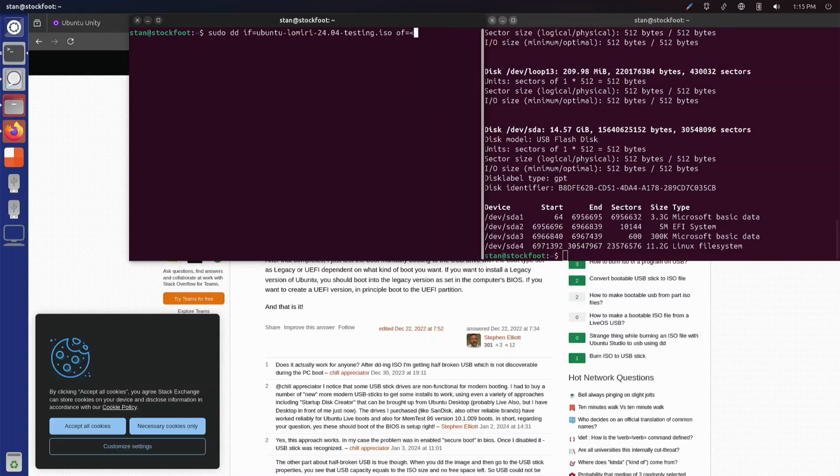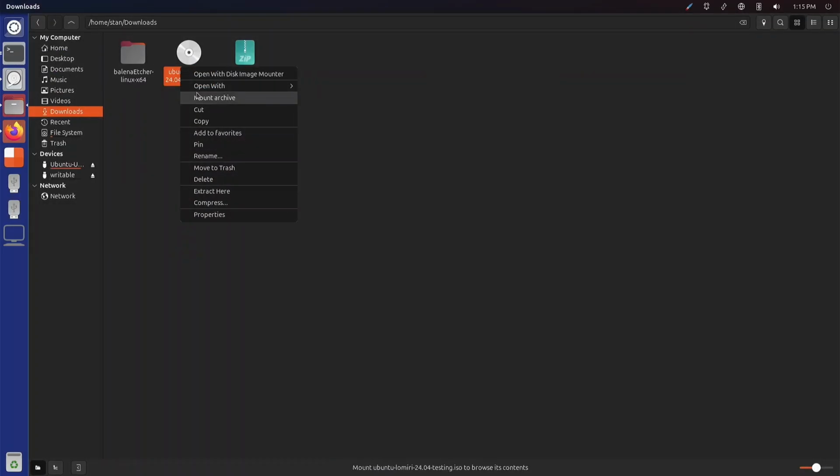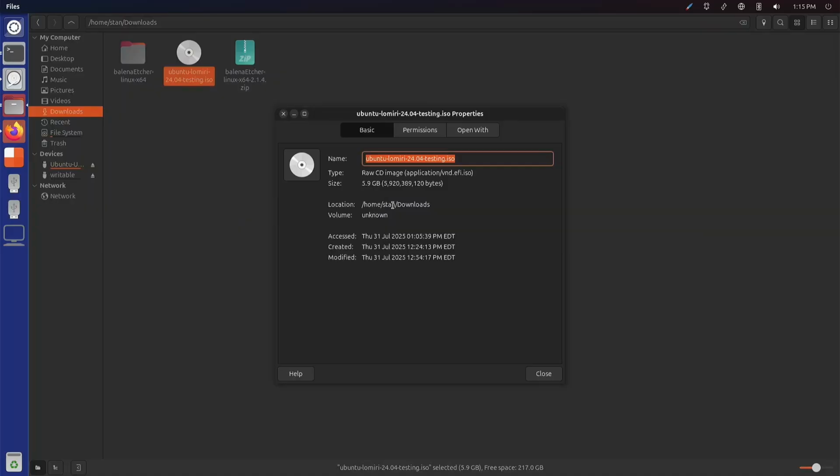So /dev/sda. Oh, for fuck's sake. You have to put in the whole thing. Properties.